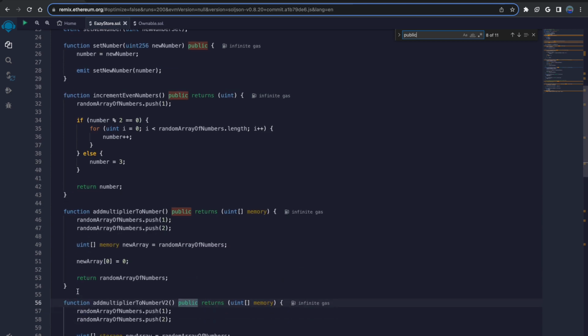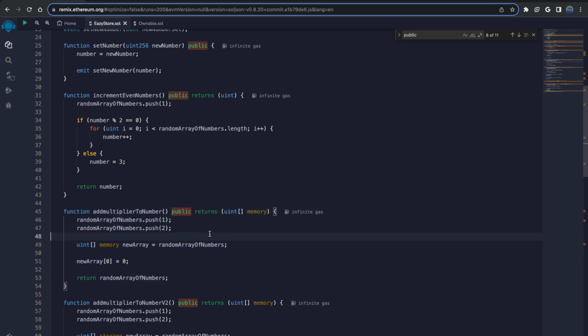All right, so if you were to create a function, all this does here is push some values to an array, and then set this new array to this old array, and then perform some type of modification to it. And then lastly, it returns this random array of numbers. So when we look at this function and we see it's public, this means that anyone can call this function, right?